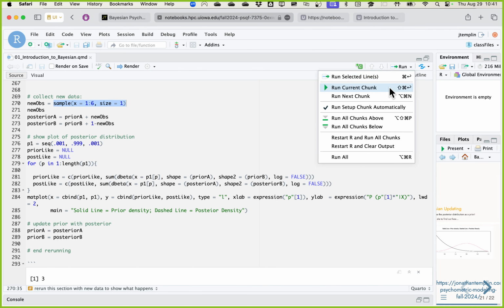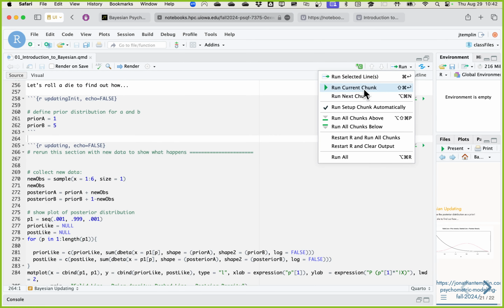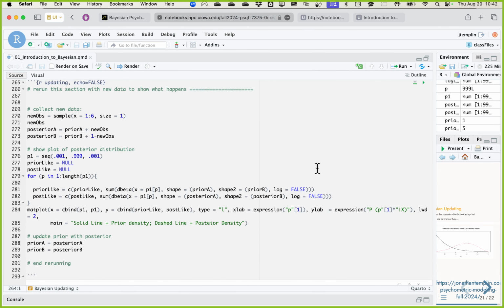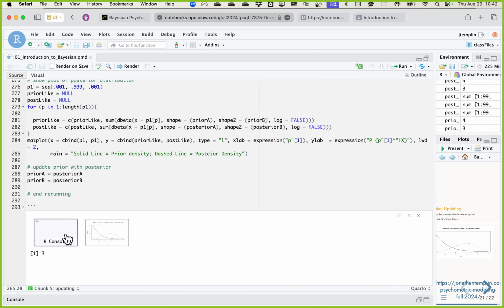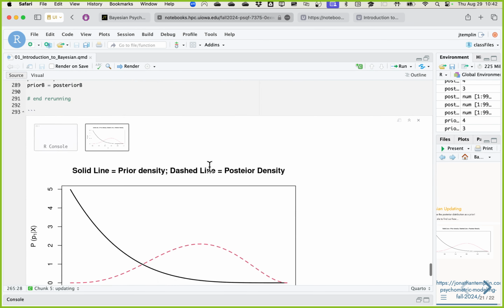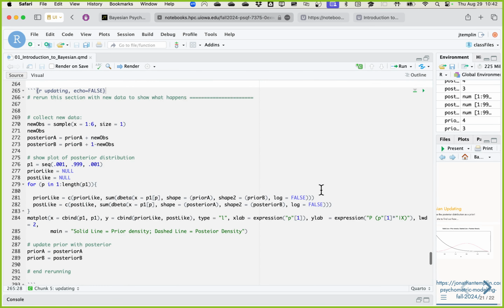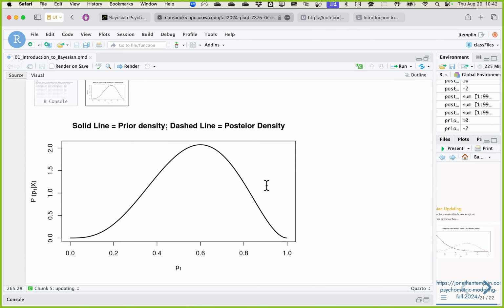So what I'm going to do is clear out what I had run up to this point and rerun everything. And then at this point, I'm going to redo my process. I'm going to run my chunk. And now, I just rolled a 3. How does that change my posterior distribution? That red one looks a little suspicious. I may have done something wrong calculation-wise, but long story short, yeah, it's all gone now. All right, this is broken, but the big picture is, going back to the slides here.